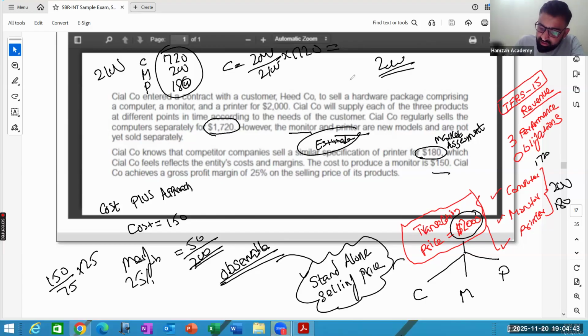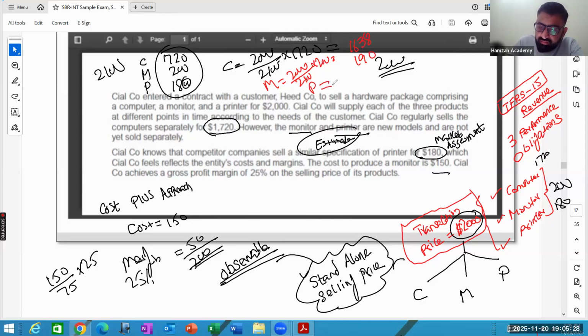So 1638 will be the revenue which should be charged to computer, and for monitor, 2000 divided by 2100 into 200, $190 should be charged to monitor,